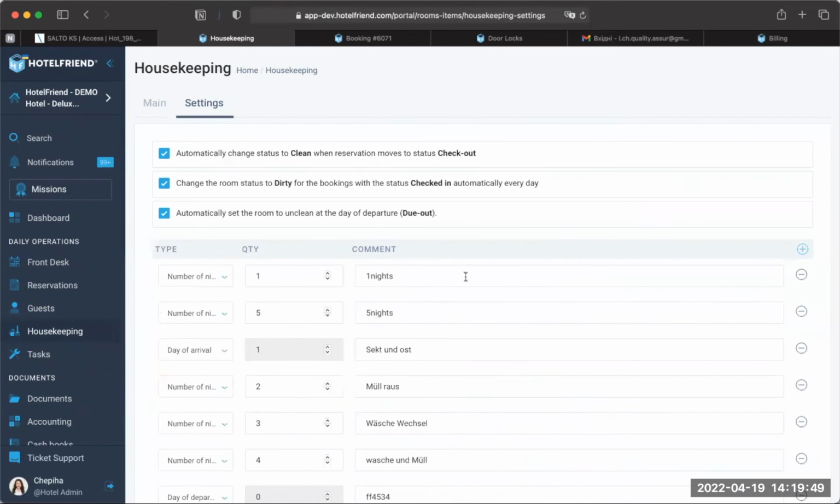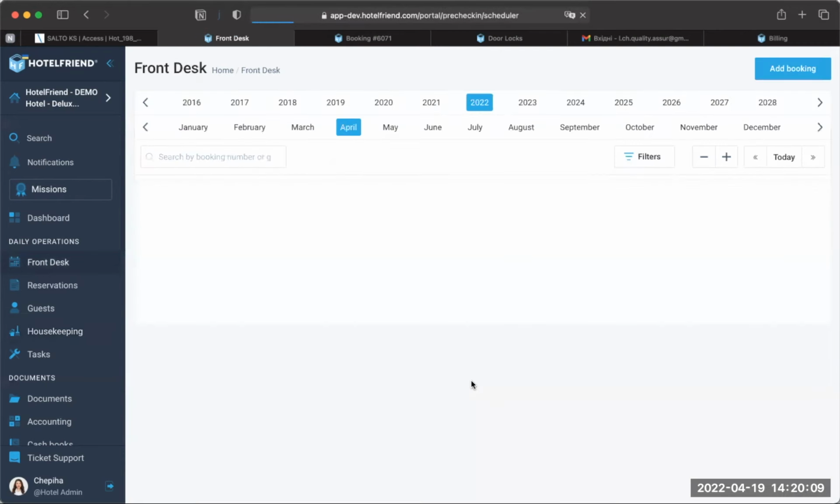There is one more setting added here. And this setting allows us to change room cleaning status at the day of departure. So whenever the reservation status changes to due out, the cleaning status will be set to dirty. To see that,